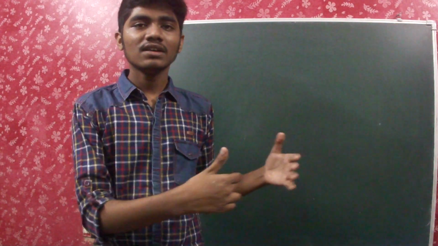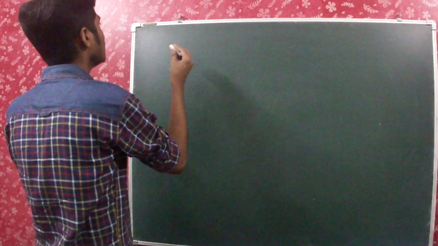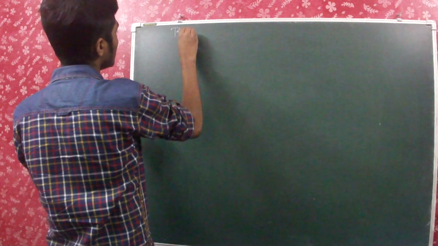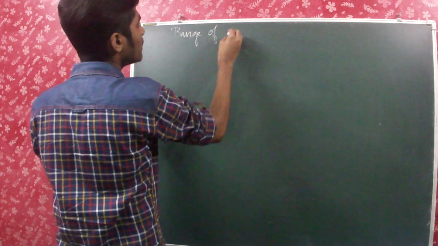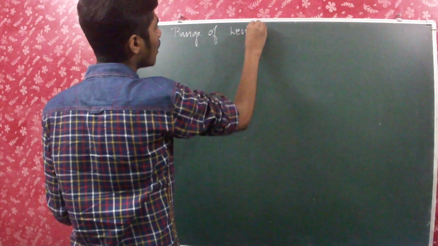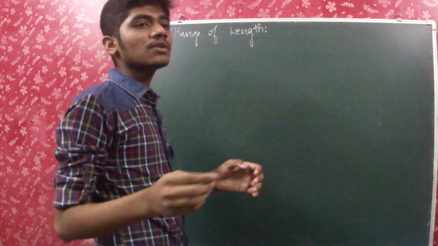So today we'll be dealing with part 2 of NCERT class 11 physics chapter 2 that we have been discussing in part 1. Small part is over, and today we'll be dealing with the next part, that is part 2, and today we'll be starting with the range of length. So in the previous video I have talked about how to measure length and all that. So you can refer to my previous video and then continue with this.